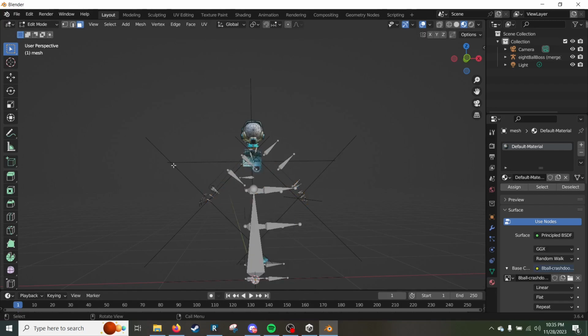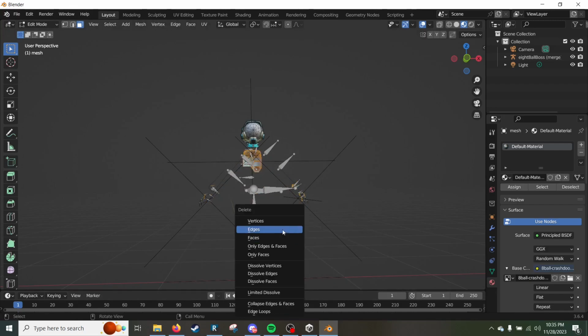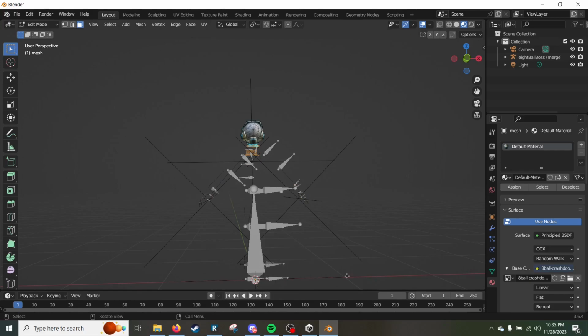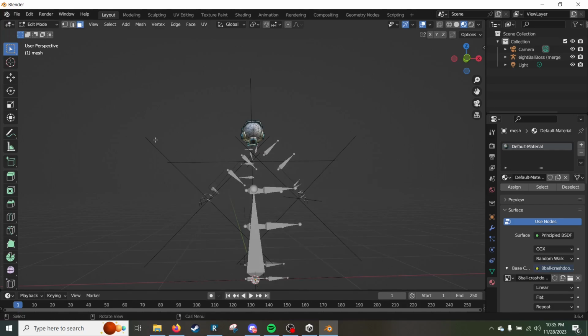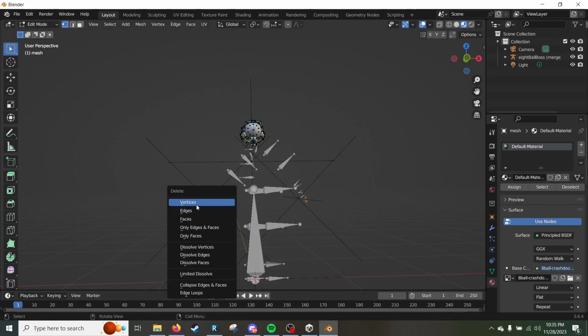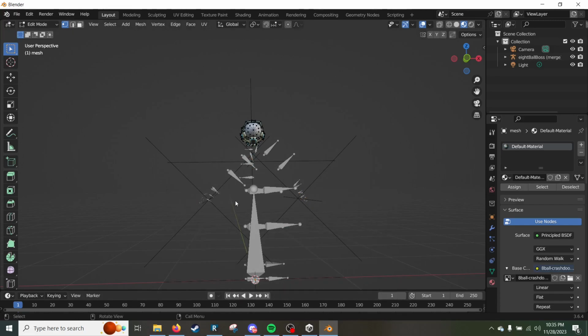I'll delete as much as I can in the face selection, excuse me, not section. When there's no more to grab, we'll go back up here and switch to vertices, and just keep doing the same thing. Oops. Be sure not to grab that head. You don't want to delete anything from it. And once we have just about everything,